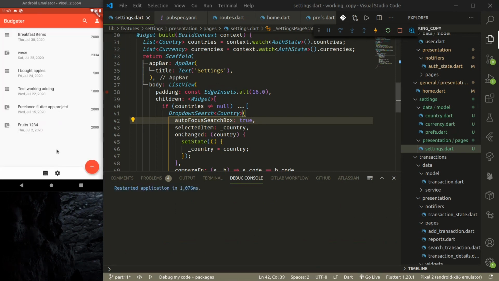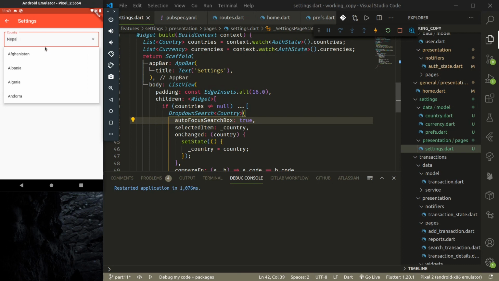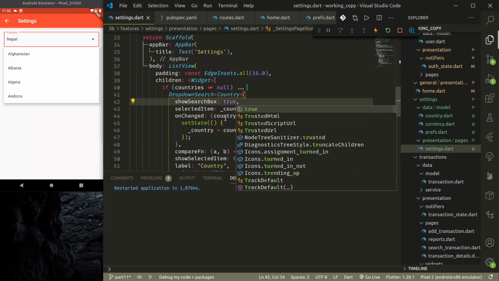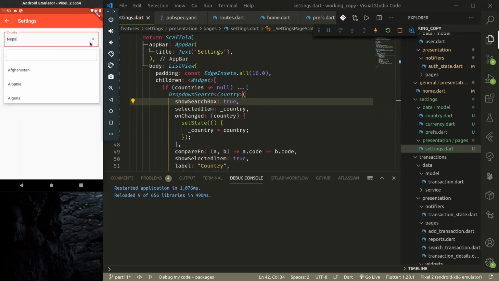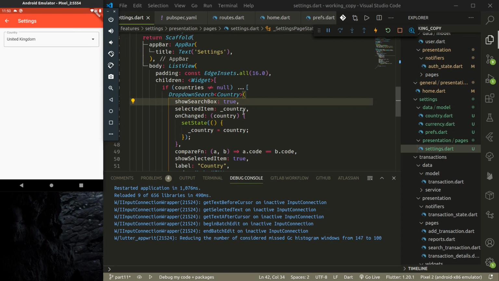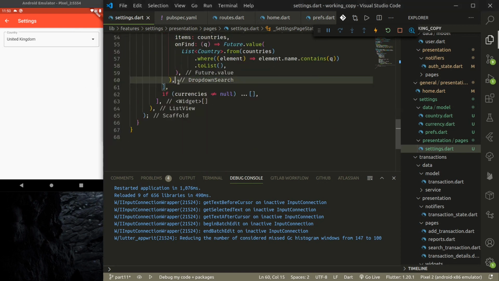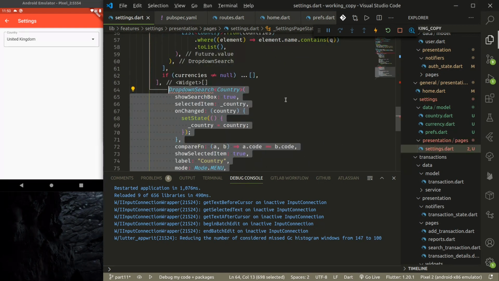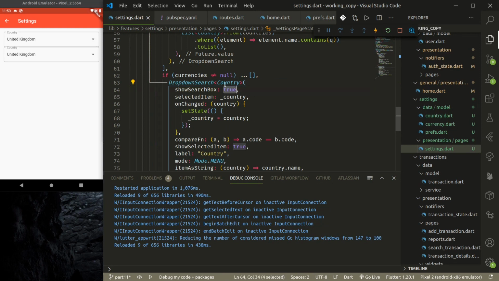Hot restart. Settings. Okay, so autofocus search is okay, we need to show search box true so that search box is visible. Now we can search like this. So we have a country drop down selector. Let's just make a duplicate, and here let's change this